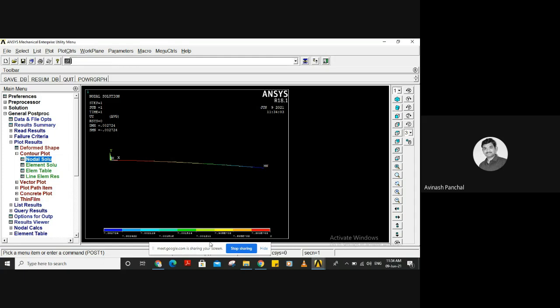Here the green color is showing the minimum deflection, and the red shows the maximum deflection. So minimum stress over here and maximum stress at the red color. This is what is showing here. We have taken it on June 2021.